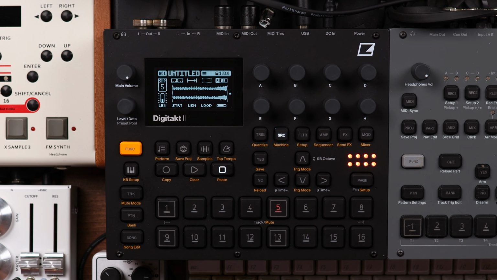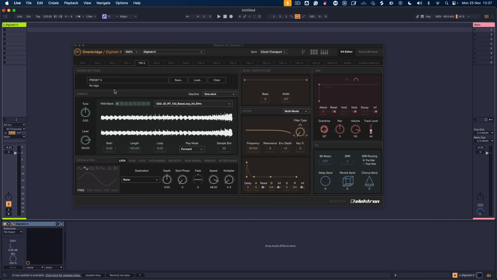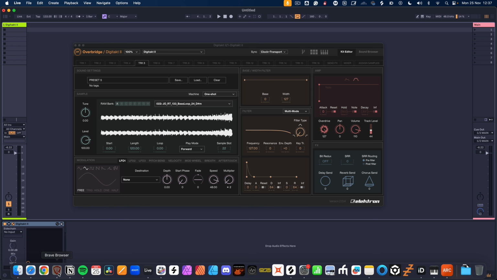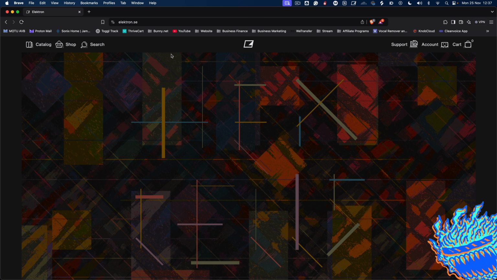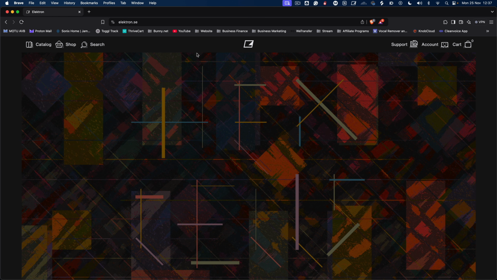So in this module, we are going to take a deeper look at Electron Overbridge, specifically for the Digitakt II. So just to kick things off, what I'm going to do is go over to my browser and go over to the Electron website and show you where you need to go to install Overbridge and also relevant